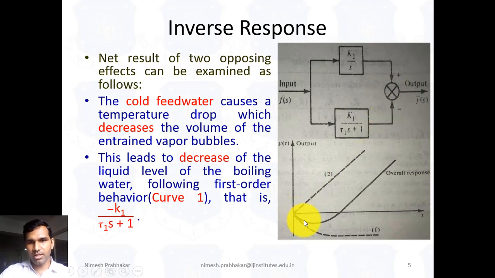That means this block represents the inverse response of the system. Here this curve 1 represents the inverse response. That means when we add the cold water, initially it decreases the drum level of the boiler. So this block represents the inverse response, and